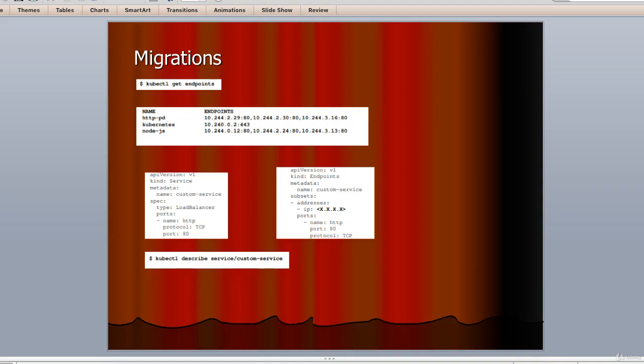Now, as you have seen from the beginning, Kubernetes offers a high level of flexibility and customization to create a service abstraction around your containers running in the cluster. However, there may be times where you want to point to something outside your cluster. An example of this would be working with a legacy system or even an application running on another cluster.